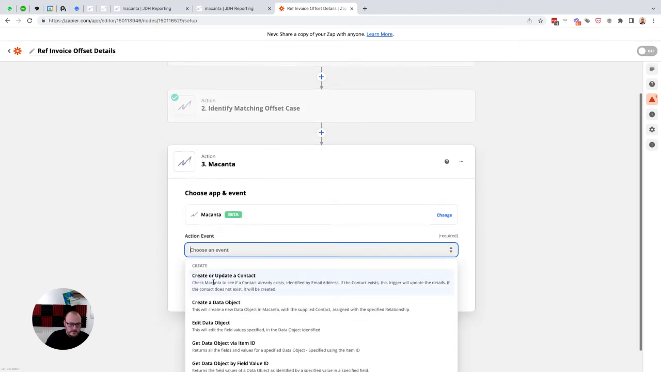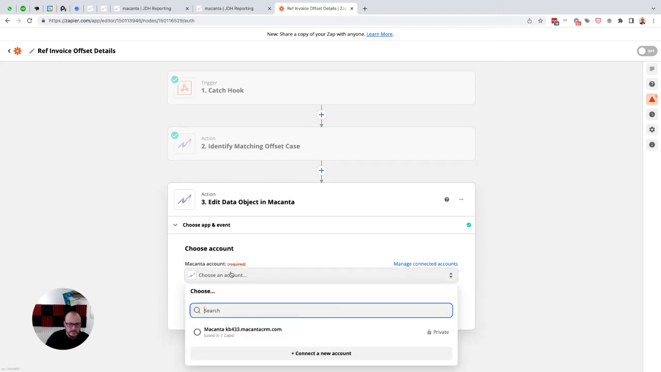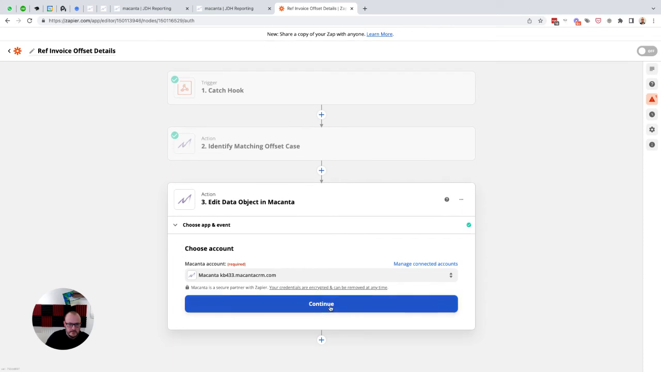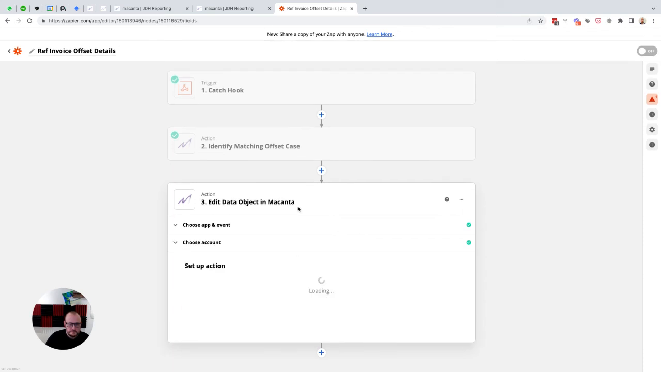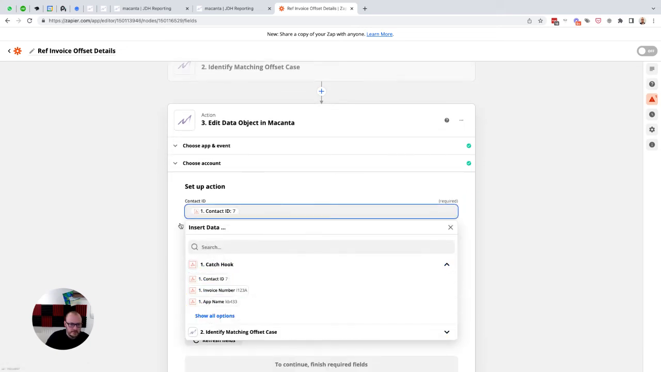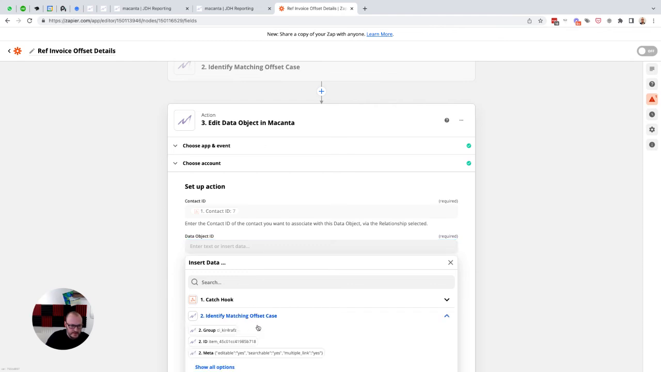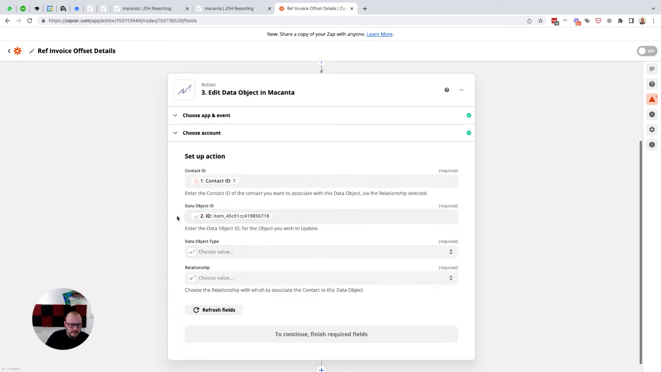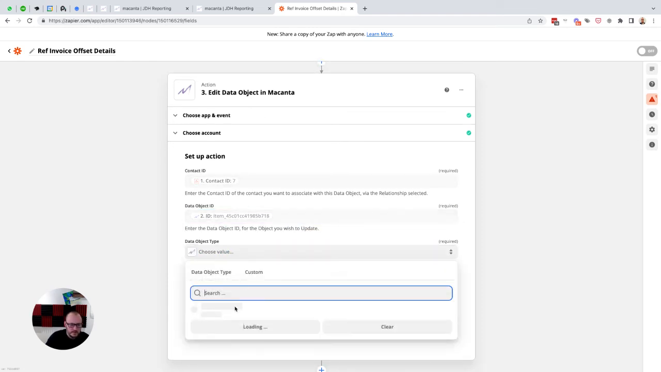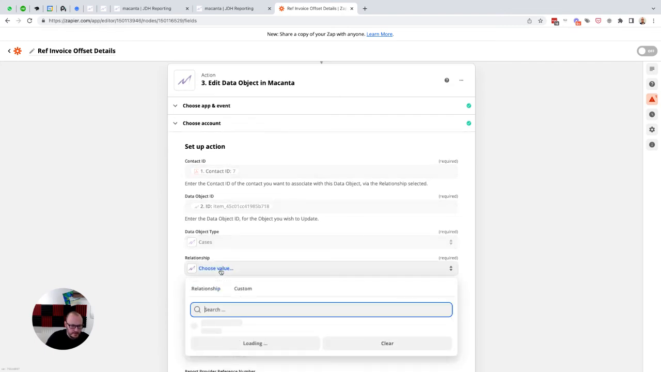And in this instance, we are just going to edit a data object because we have the ID. So choose the account again and continue. And then contact ID came with this, so contact ID will be dynamically populated. Data object ID we've just identified here, so I'm going to use that item ID there. And data object type we know is cases, and the relationship we know was triggered by client, so we'll continue